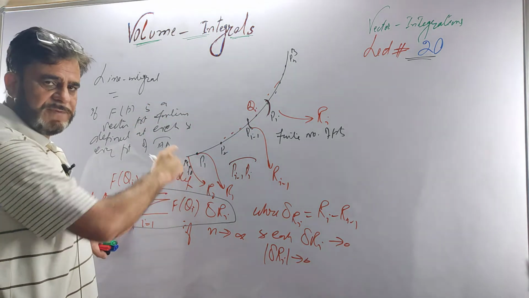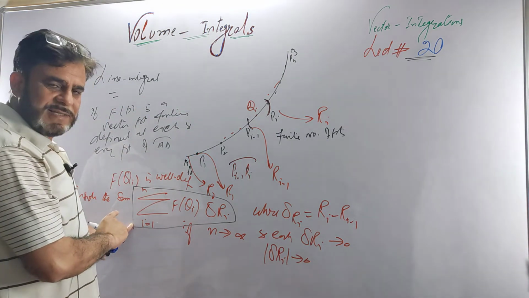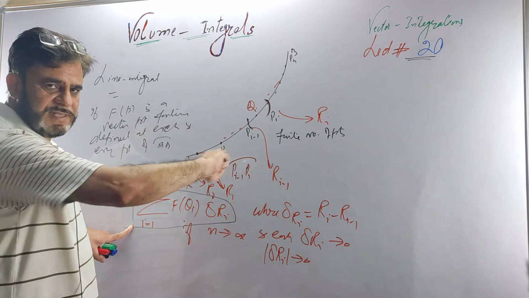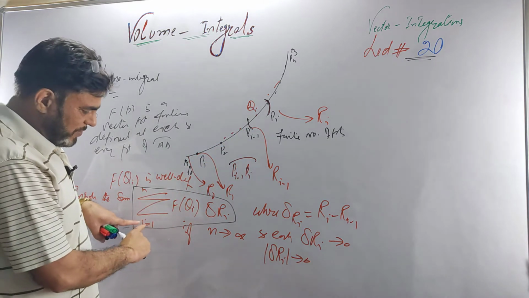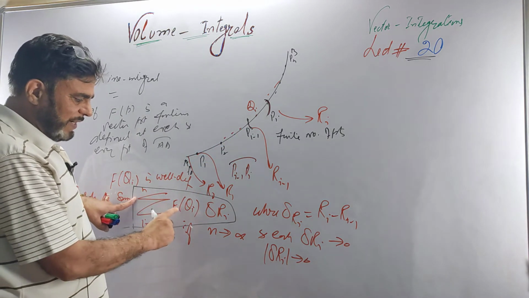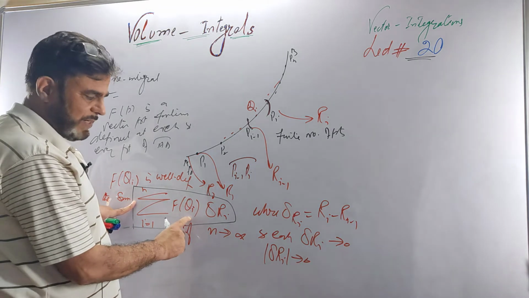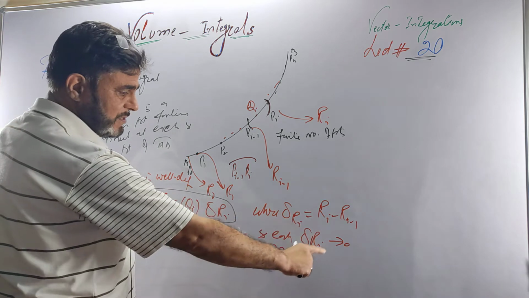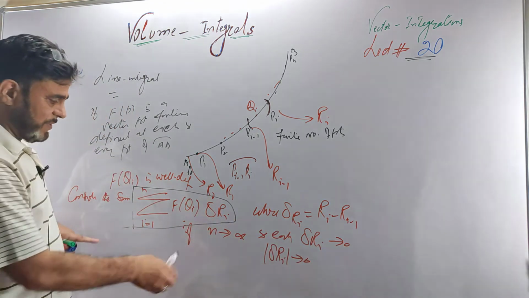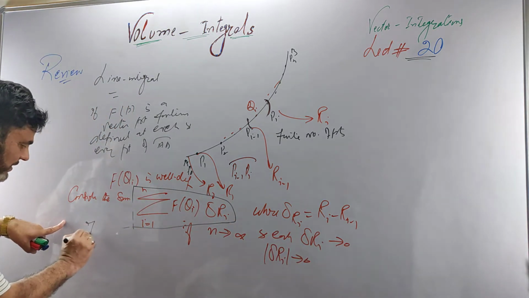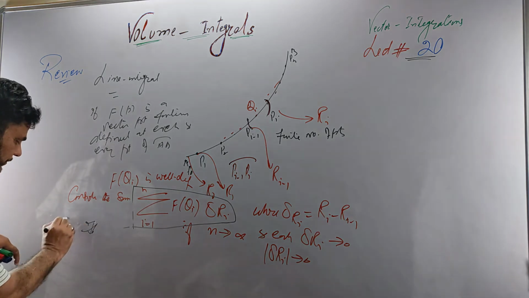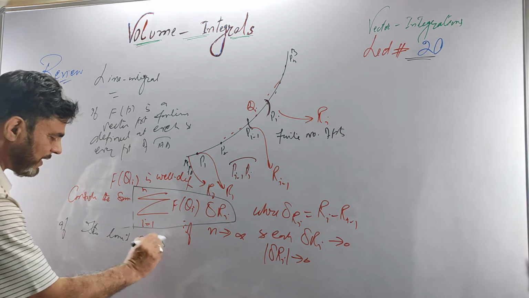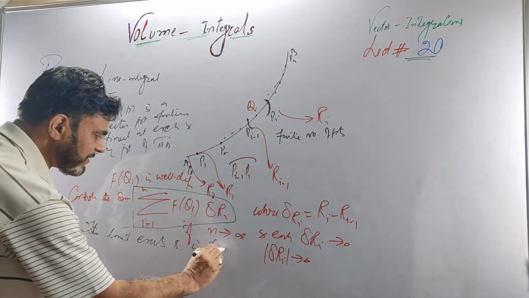First you took the finite points, then you make the infinite number of divisions. If the summation of i running from 1 to n of f of qi dot delta ri tends to a limit when n tends to infinity, if this limit exists and is finite,